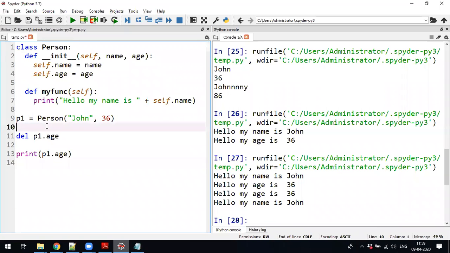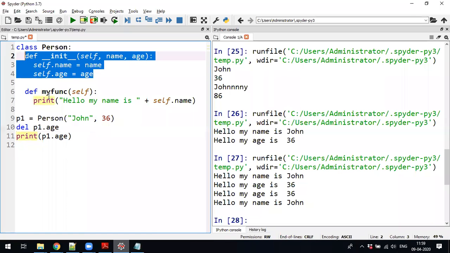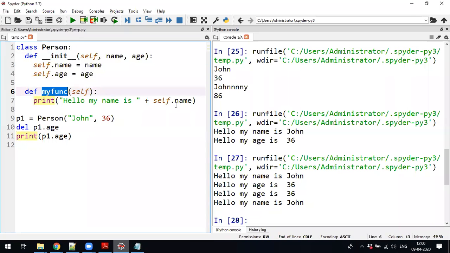See, in this class, what we have done is initialized the name and there is a function to print the name. Then after that you have created one object person. Before deleting, first I'll print the age.